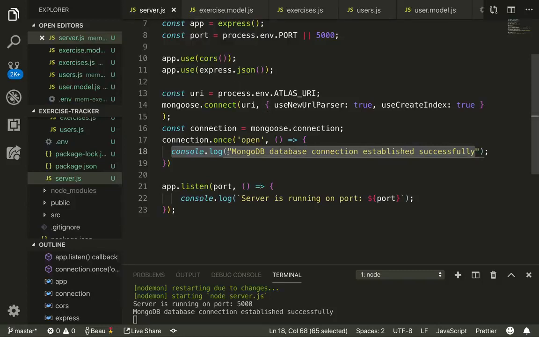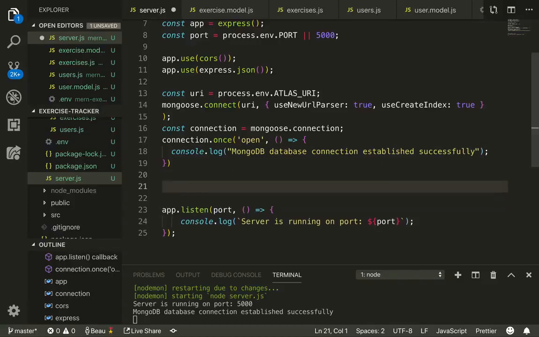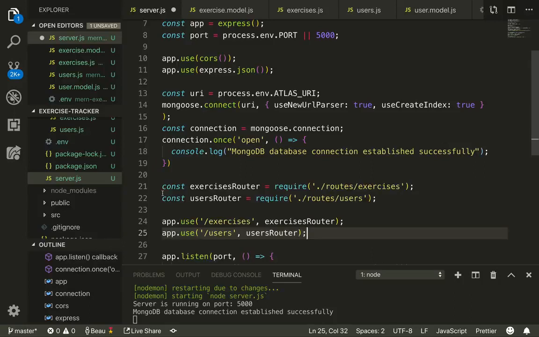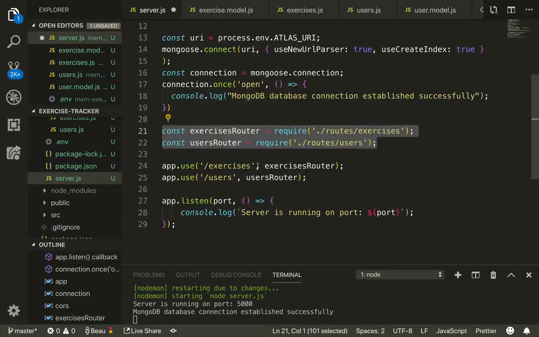Toward the end of this file, right before this app.listen, we're going to add some lines here. So we have to require the files and then use the files. So here we're requiring the files, and then basically we're just importing them into here, and then we're doing app.use